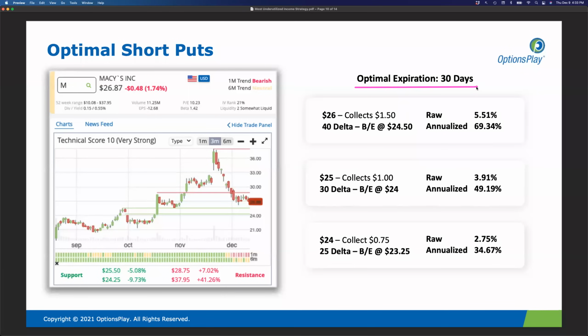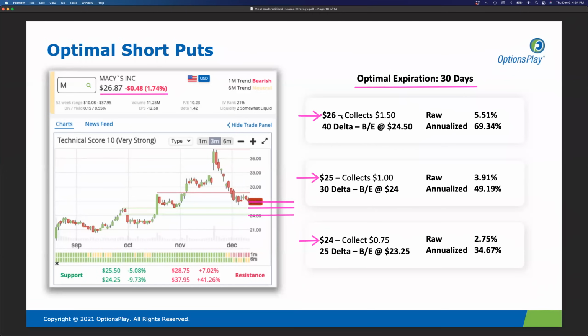Let's talk about, with the 30-day option, what are the strike prices you can choose? And we're going to use this example where Macy's is currently trading at about $26.78, so a little above, close to 27 bucks. And I have 3 choices here. I have the $26 put option, I have the $25 put option, and I have the $24 put option. So 3 potential short puts that you can sell. This is the 26, this is the 25, and this is the 24, just to show you some price levels